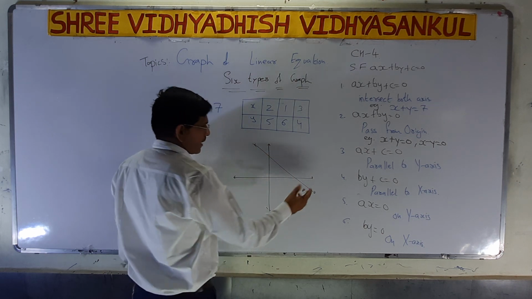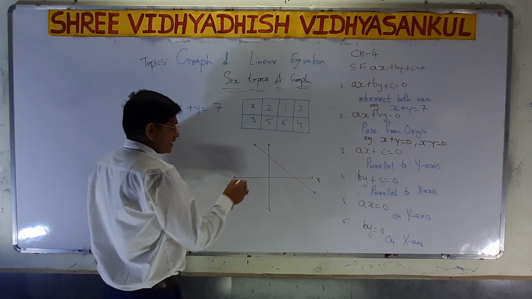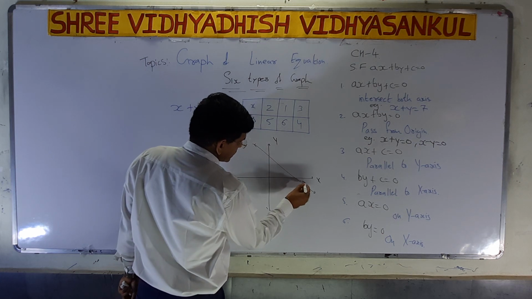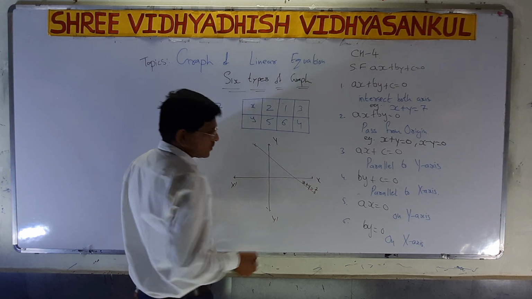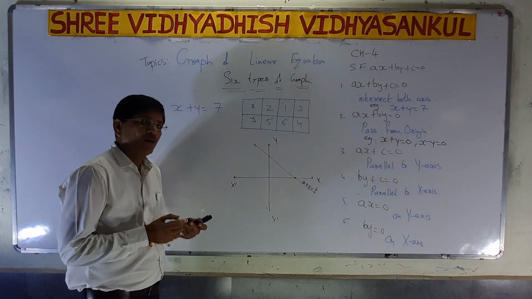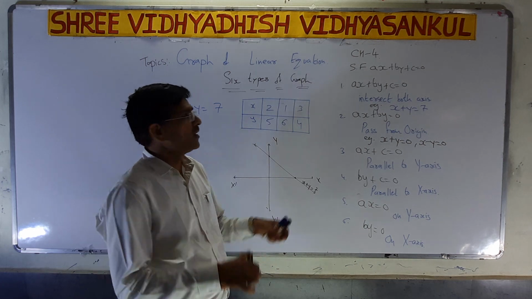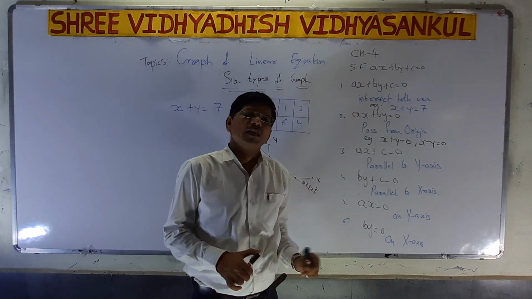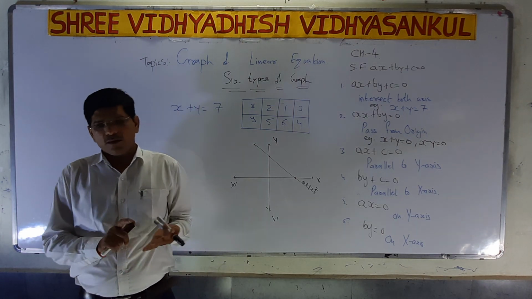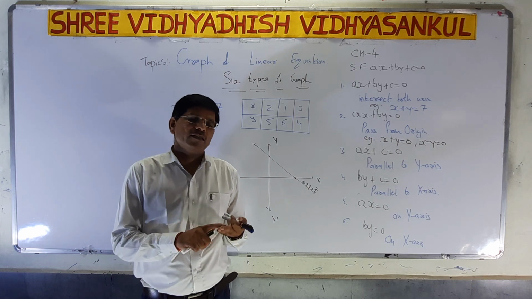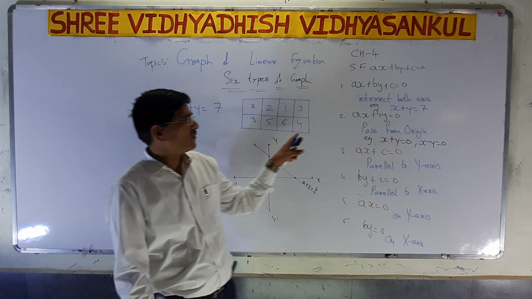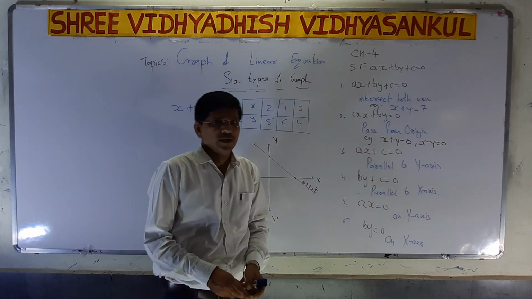I have to draw the graph: first of all x dash, y dash. Now the graph of x plus y is equal to 7 will intersect the x axis and the y axis. Why is it possible? When a, b and c are given in the question, or we can say when the question is in standard form ax plus by plus c, it means we can draw the graph of it. It will intersect both axes.